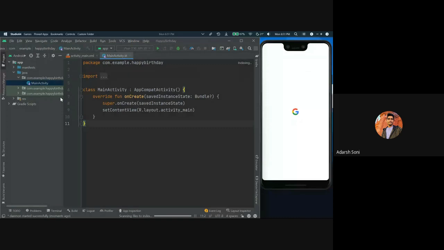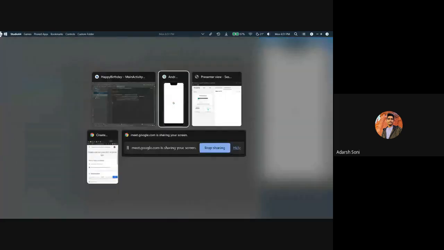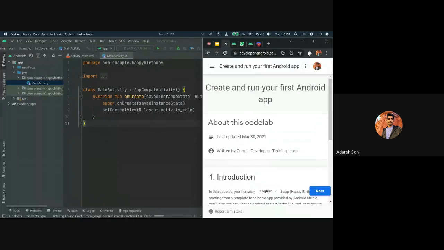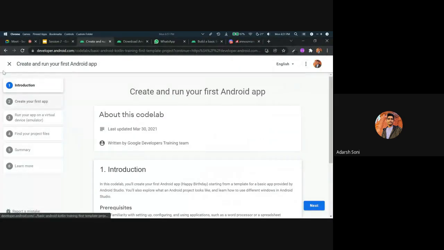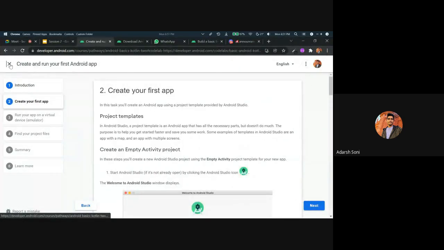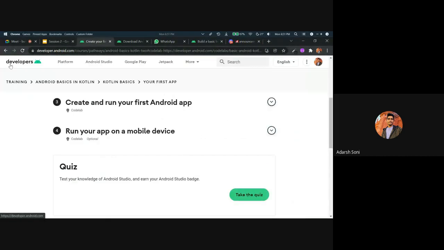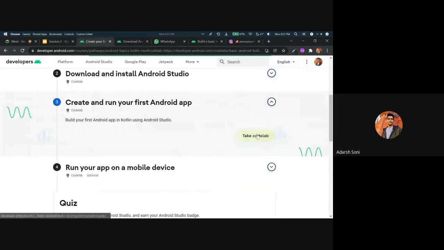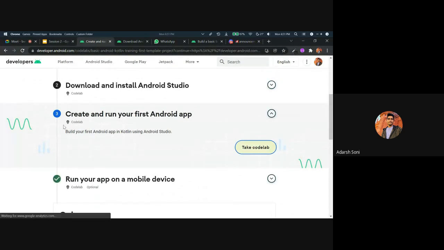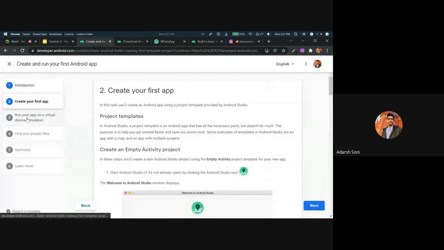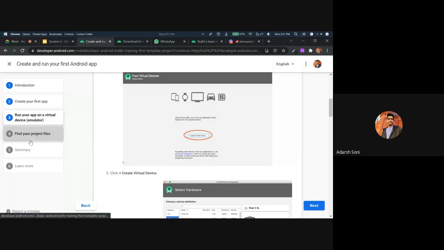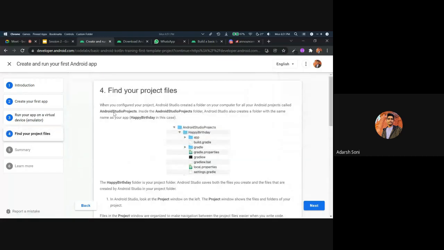Okay, so our Android project has been loaded. After creating the emulator, let's just see the files we have.